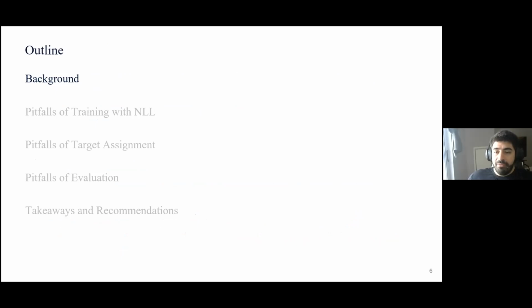I will begin by formally defining probabilistic modeling for object detection and briefly discussing how modeling has been done in literature. I will then discuss the pitfalls of the three trends observed in literature and provide solutions for two of the three pitfalls. I will then end with some takeaways and recommendations for people who are interested in using my work.